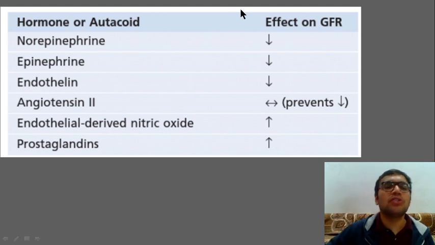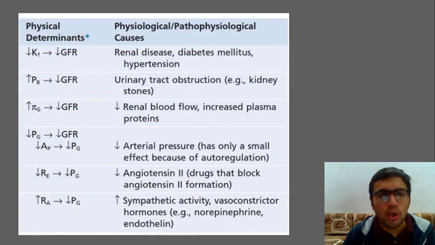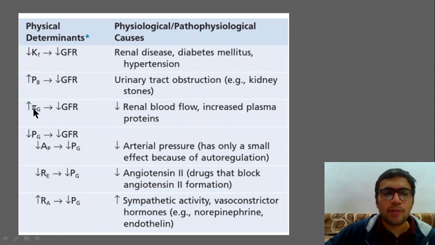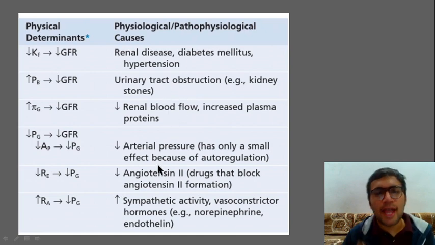Now you can also segregate it in terms of afferent and efferent arteriole, or you can just remember these hormones and their effect on GFR. This is all in all the sum up of Guyton, what it has told. We have already discussed that whenever these factors change, we have the formula of GFR. This pi means colloidal osmotic pressure. Whenever their values increase or decrease, you will have an effect on GFR, and I have already told you everything related to this in a simplified manner as much as possible.